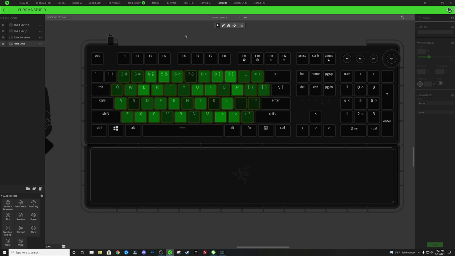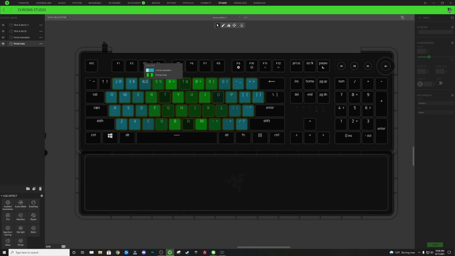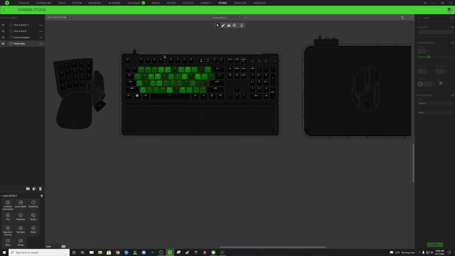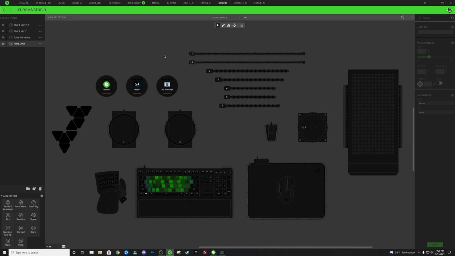portal opens, portal closes. Now all that's left to do for this design is to add in a static accent color to kind of bring everything together. So I'm going to hold Control and I'm going to start to scroll wheel out. Hold Control and press the 0 key, and that'll bring all of my devices in a single window right here. I'm going to click on the static layer to add in a brand new static layer here. I'm going to drag this static layer below the Rick and Morty